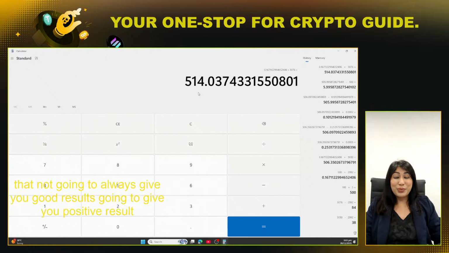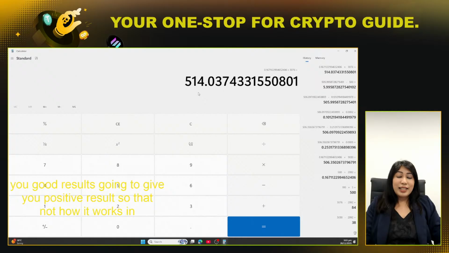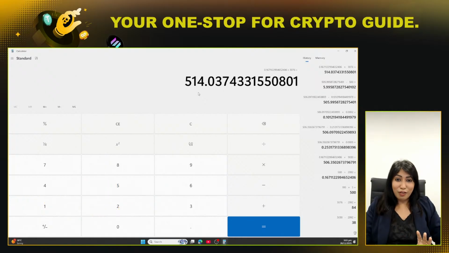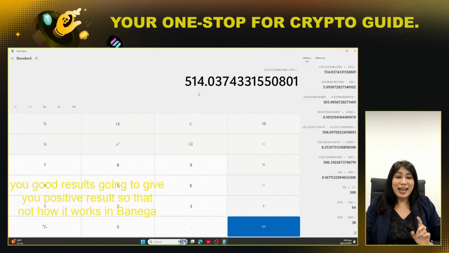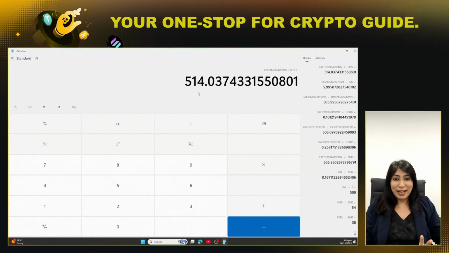So that's not how it works in crypto. लंबा होल्ड करने से प्रॉफिट नहीं बनेगा, सही टाइम पे एंटर एंड एग्जिट करने से प्रॉफिट बनता है। क्रिप्टो में यही फॉर्मूला इस्तेमाल होता है क्योंकि मार्केट्स इतनी वॉलेटाइल है।